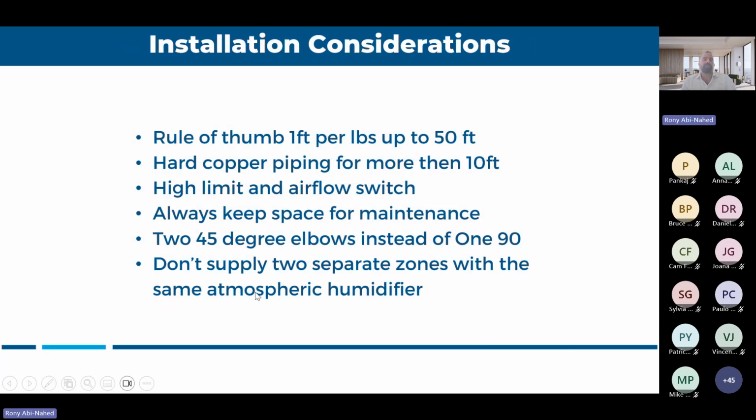So, some installation considerations to keep in mind. The first one I get asked very frequently: how far away can the grid be from the generator? So let's say you have an electric unit, a 30 pound electric unit, how far away can I be from the grid? Rule of thumb, you always try to go 1 foot per pound for anything higher than 20